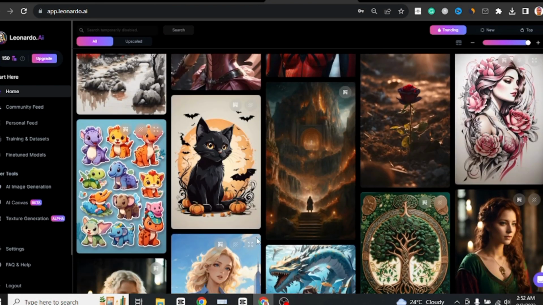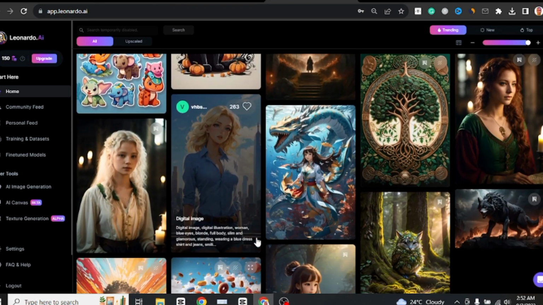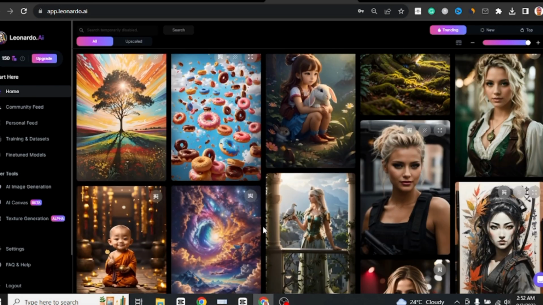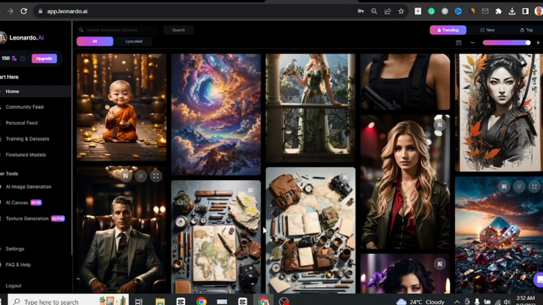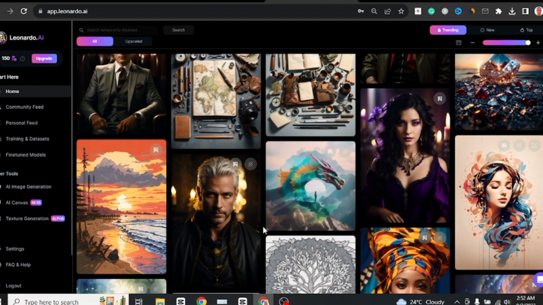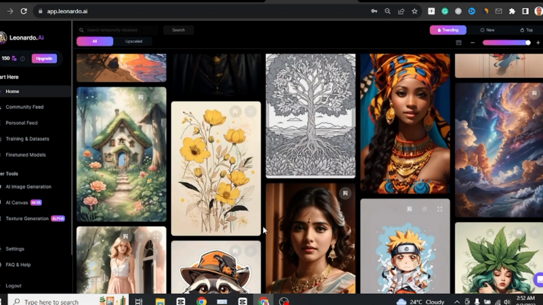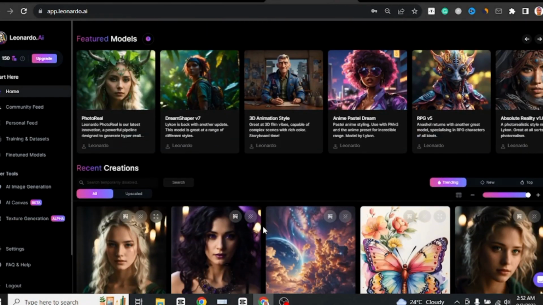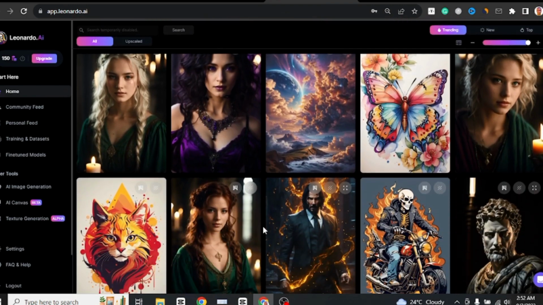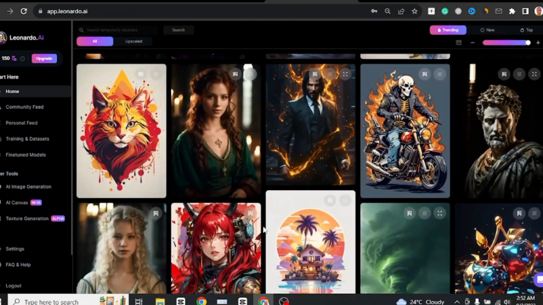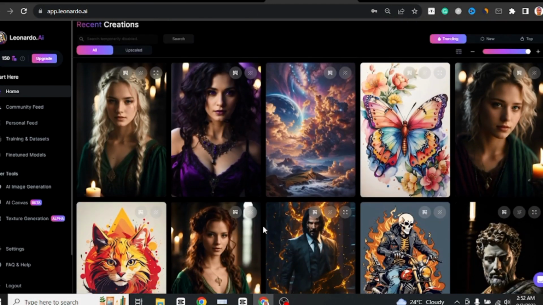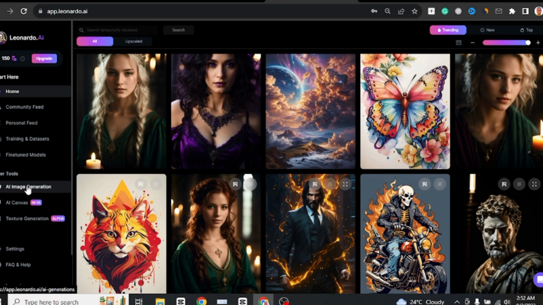So as you can see, here are images generated by other people. All these images are generated by other people, and it is showing on the home page. And now let me show you how you can create images like the ones you are seeing right here. Let me show you how you can also create an image just like the ones you are seeing on the home page. So if you come to the AI image generation,